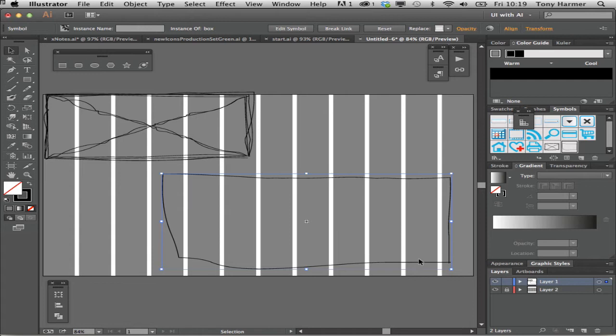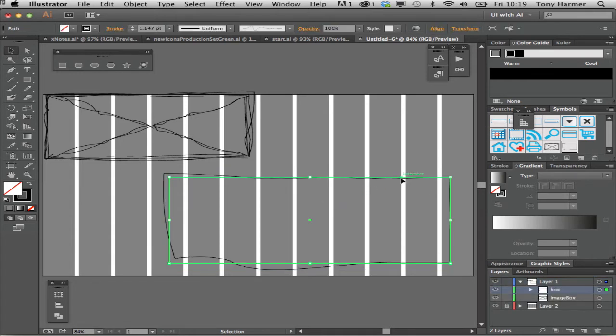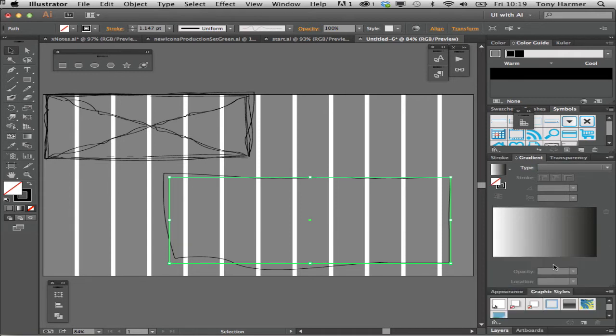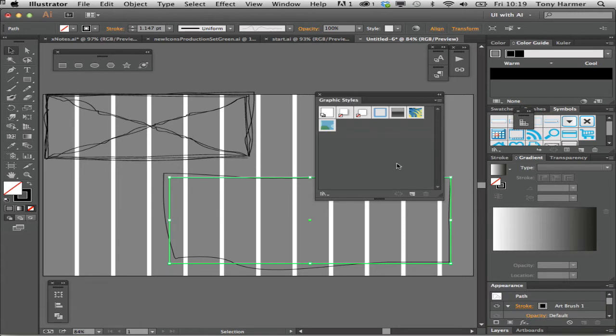In fact, a way you can make that even quicker in itself is if you take something, if I just break the link to that symbol just there, so I just clicked here in the symbols panel to break that link, just so I've gone back to regular art, I can open the graphic styles panel. In fact, I'll tear that off just for a second and bring that out, and then just drag this in